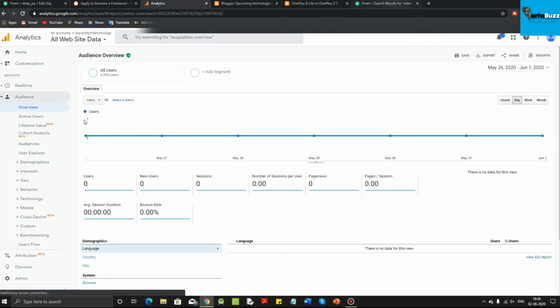Here you can also see 1 active user, but I have not given any bounce gap for this analytics to count. So if I open the website and go out for something for half an hour, the bounce rate will start counting. If new users come, the new user will show. So if I leave this analytics and website as it is for 1 to 2 hours, only then will these counts come in front of me: pages and sessions, page views, number of sessions. I will make a detailed video on each and everything, and also on this left-hand side panel.